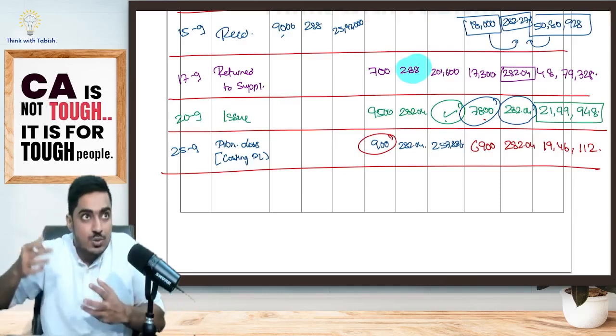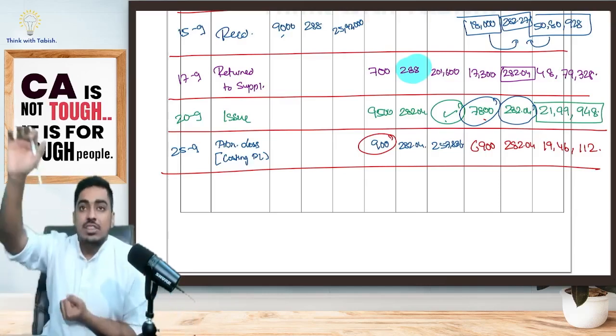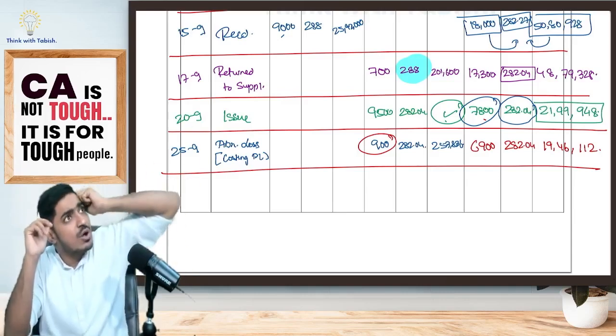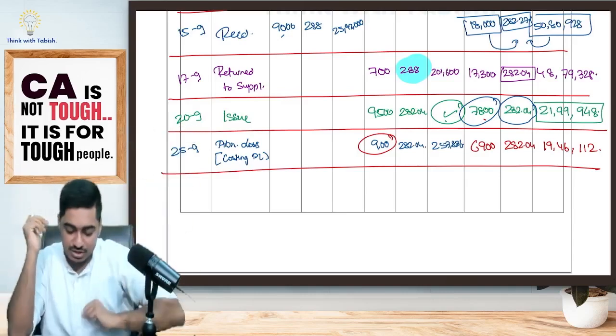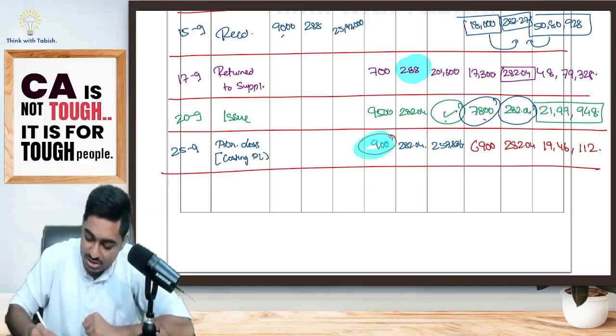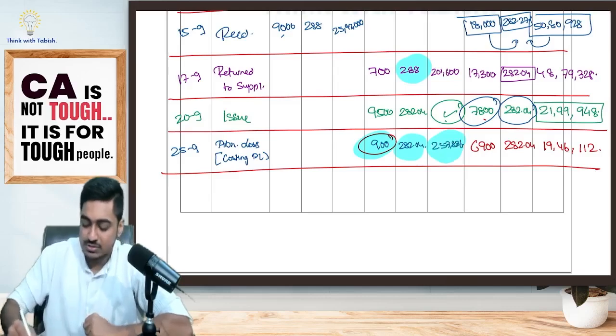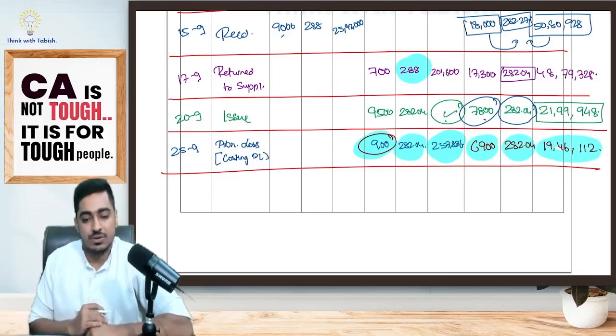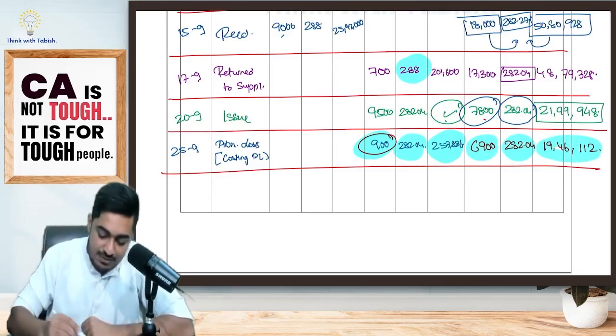Now, abnormal loss, what I'm telling, it is my loss. 7,800 was there, 900 went. It is loss. Gone. Govinda, Govinda. Yes or no? So 900 units is gone, lost. Every unit at what rate it was? 282. That means how much is lost? 2,53,000. That means balance how much is there? 6,900 is there at the rate of 282.04. That means this is the balance value I'm having. Okay, fine, sir. Now after that, what happened?